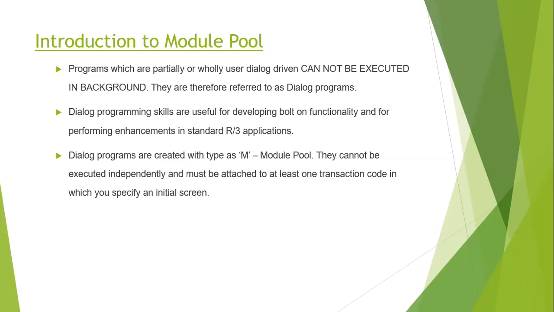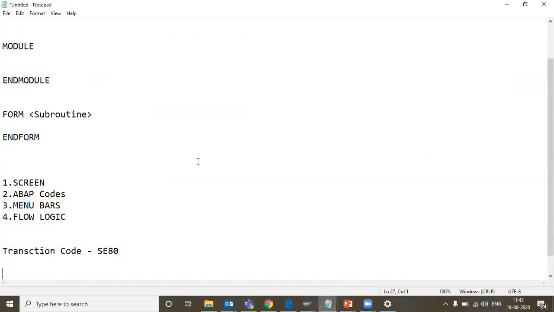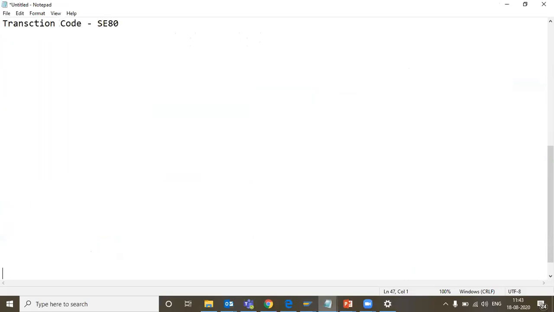So what are the main things? Module pool programs cannot be executed directly. The first thing is module pool programs are type M. Second, they cannot be executed in background mode.